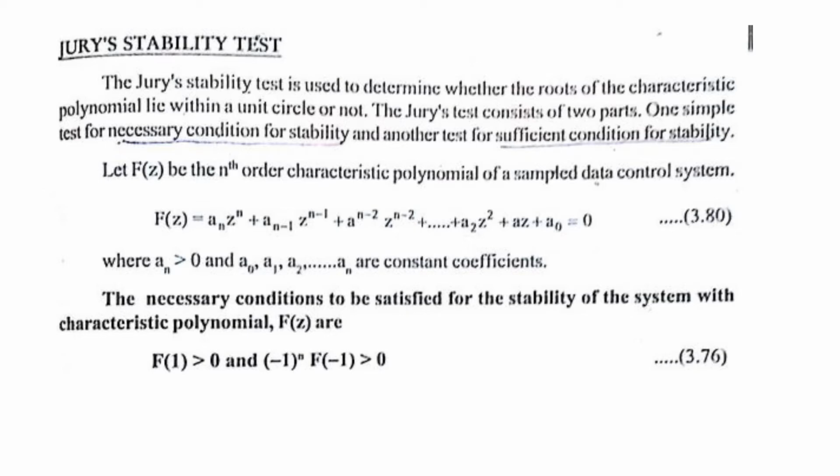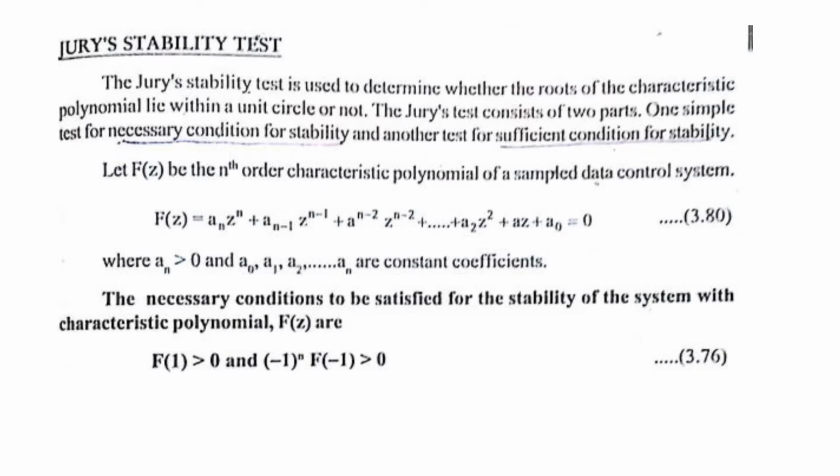Now the necessary condition, you have two conditions in the necessary condition itself. First one is f(1) greater than 0. Okay, f(1) greater than 0. So you have the f(z) function, you have to substitute z as 1 and find out the value. a_1, a_2, a_(n-1), a_(n-2) will all be some coefficients. Okay, if you have a polynomial like z^2 + 0.5z + 2, something like that, the a's are the coefficients of that polynomial, and you have z, right? So that z is replaced by 1. Okay, f(1) greater than 0.